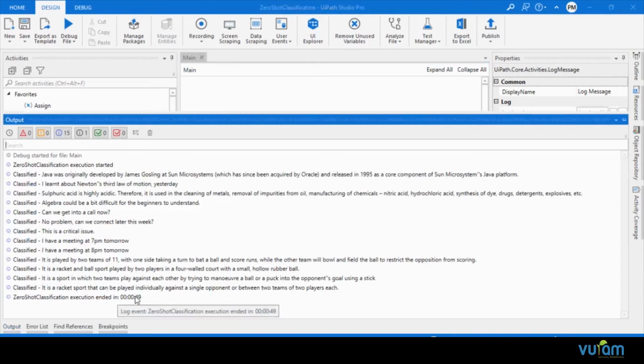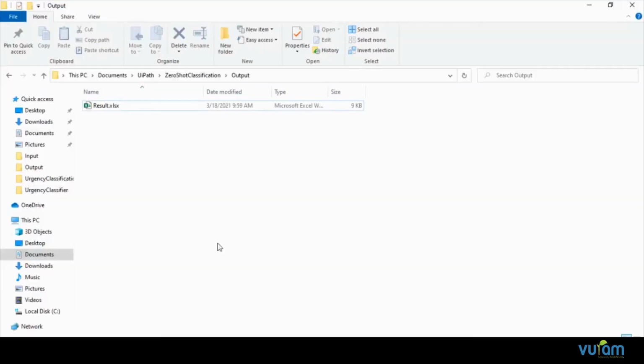So as you can see, it has taken around 49 seconds to classify something like 12 records. So we will take a look at the output.